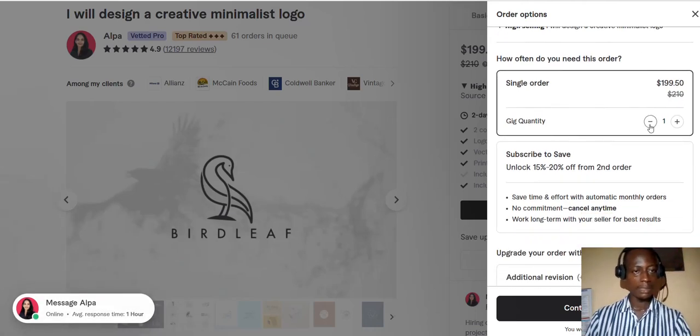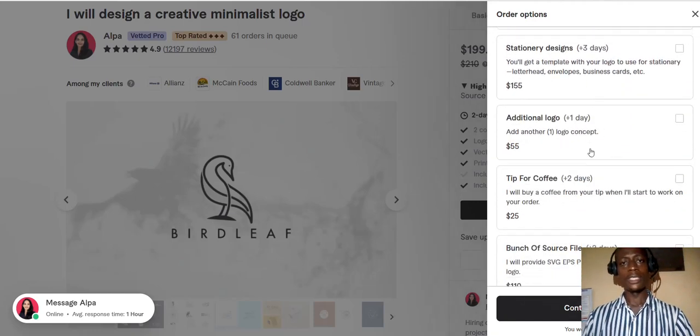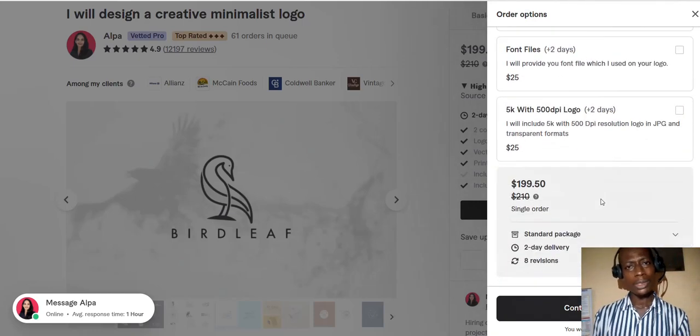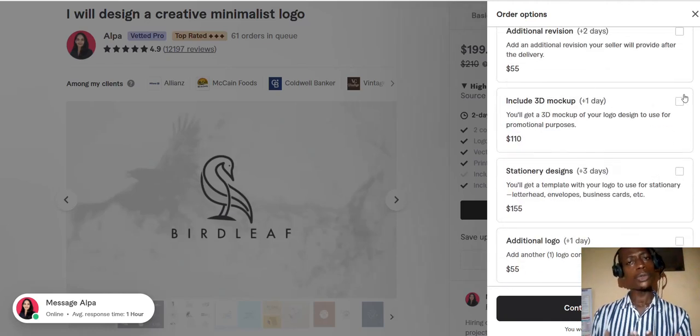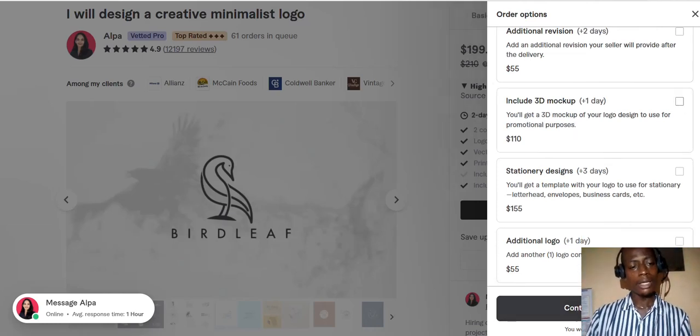You are going to see extra services that this seller can offer, like upgrade your order with extras to get more. So there are other upgrades, additional services that this seller can offer. You simply need to tick the box and it will be added to your purchase. And then as soon as you're done, simply click on continue and it's going to take you to your payment